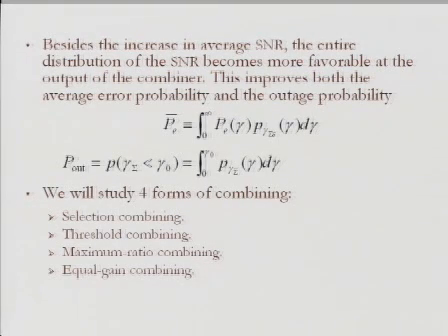So now, in terms of how we adjust the a sub i's, we're going to study 4 forms of combining. The first is selection. Second is threshold combining. And these two are very similar, actually. They're related. Then there is maximum ratio combining. And finally, we'll see equal gain combining. And in fact, we already saw last week the first of these. So we saw selection combining,